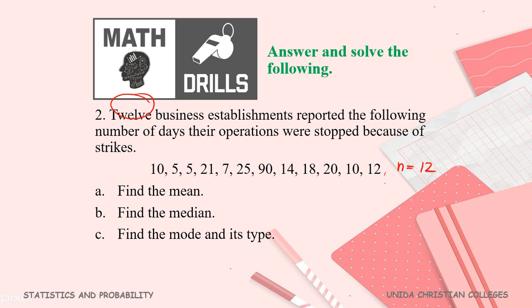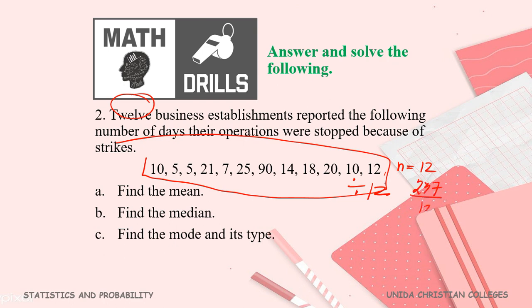So let's solve for the mean. Paano nga ulit makuha si mean? Add. Add nyo po ito lahat. Ayan, paki-add po yan. And then after i-add, divide it by the total number of your sample, which is 12. So that will be the result. Okay, so we have 237. Pagka-add niyan, divide nyo po sa 12 si 237. Then, final answer for the mean, we have